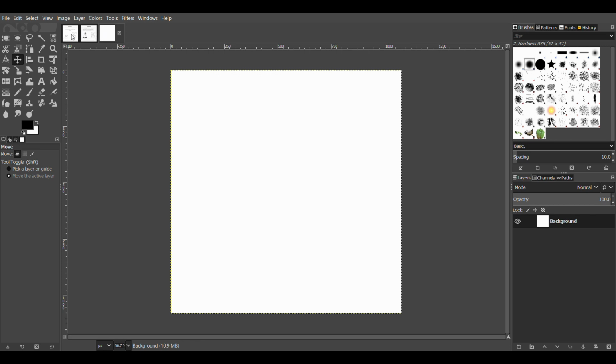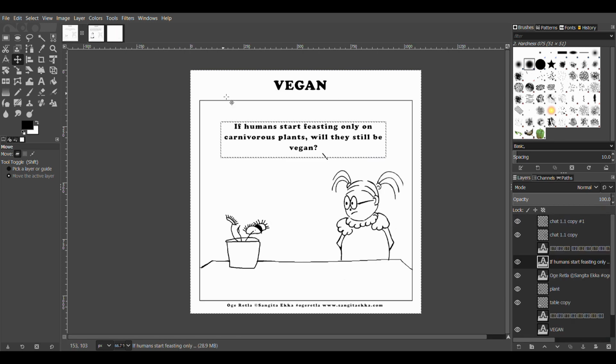So let's get into this vegan comic first and see what the different elements are. You can see that the main character is obviously here, and the central point of the whole comic is this message, with Oge thinking about it, and there are some picture plan sort of things which she is looking at.